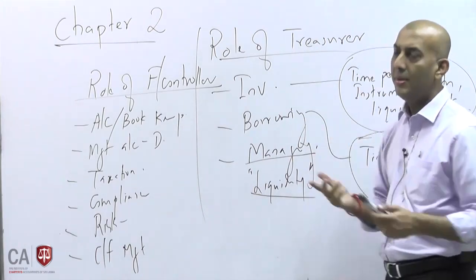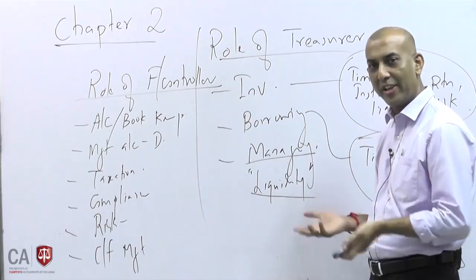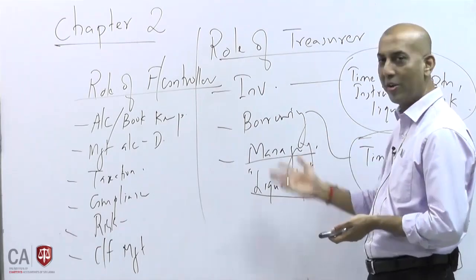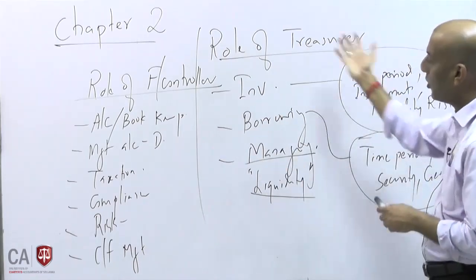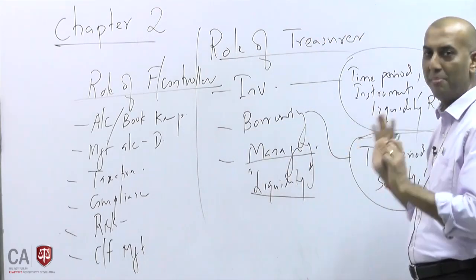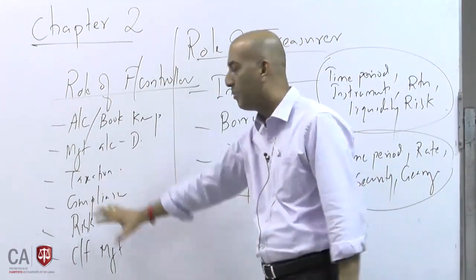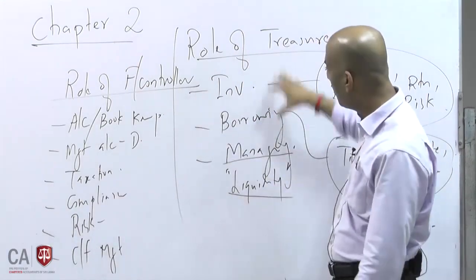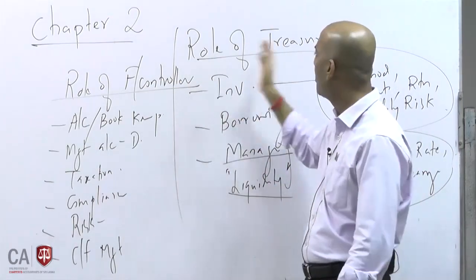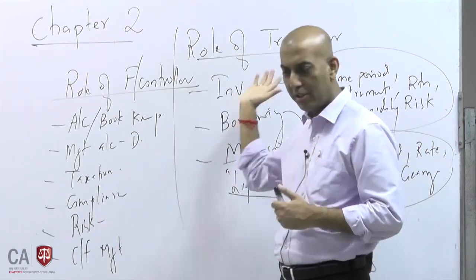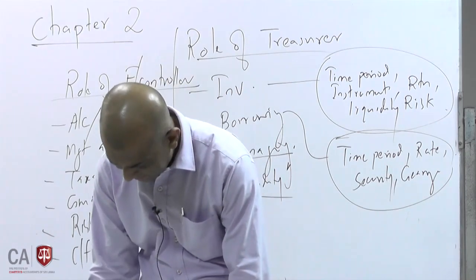Some organizations may not have different names; they will have one person who may be the CFO or the financial controller or the treasurer or the accountant. They may have different names, depending on the size of the organization. He will more or less do every activity of what you are talking about here. So please be aware, in a large organization you can have a treasury function separately and a financial function separately. In some companies the treasury reports to financial control, right? In some places it is separate, and the financial controller and treasurer both report to the CFO. So please note these are some of the activities of different people.